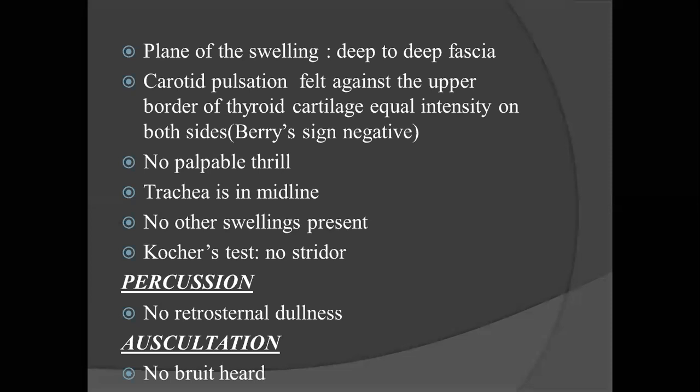If you want to check the left side, you ask them to move against resistance to the right side. That makes the left sternocleidomastoid contract. Suppose you want both sternocleidomastoids to contract at the same time, you ask them to flex the neck against resistance with pressure on the chin. Both the sternocleidomastoids contract. If the swelling becomes less prominent, that means it is deep to the sternocleidomastoid. If it becomes more prominent, it is superficial. In thyroid, whatever the size of the swelling, it will become less prominent when you do this chin test. Clear? Yes, sir.